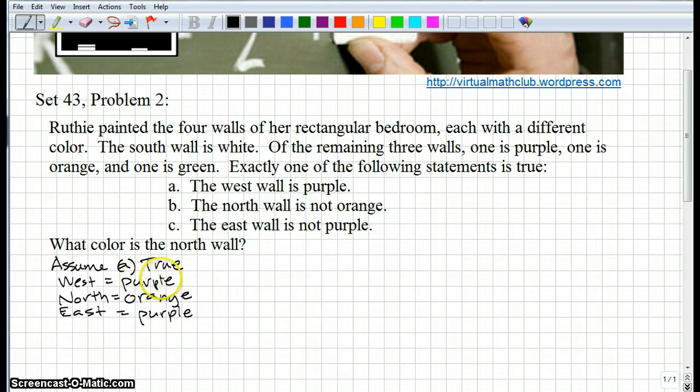We're told that each of the 3 remaining walls is a different color, so we can't have 2 purple walls. We don't have a green wall in this case, so this case cannot be true. All right, so let's go on and let's assume